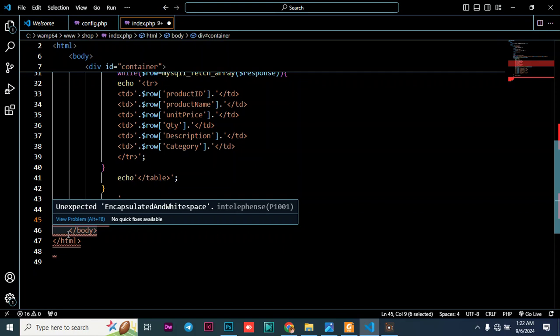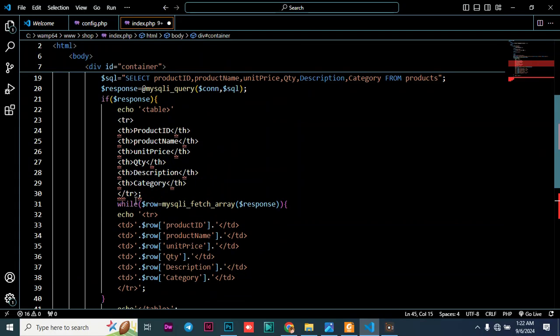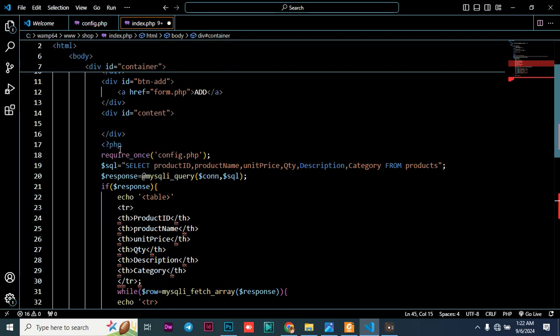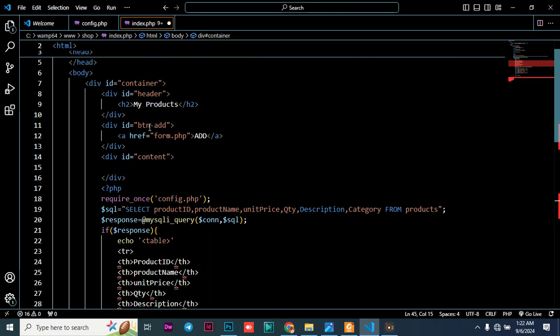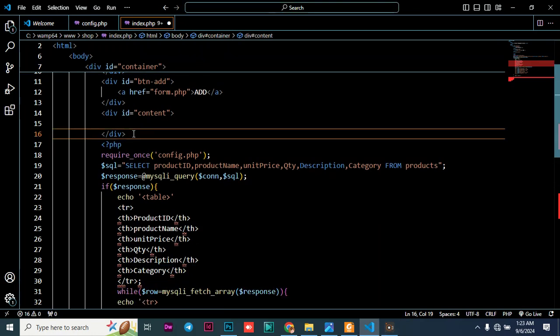We are supposed to have two closing divs, so that means this statement is not correctly placed in the right div. Let me just check where exactly it's supposed to go. This is supposed to go in the content div. Yeah. So if I just move it to the content div, to be within the content div, I just need to delete this closing div there,